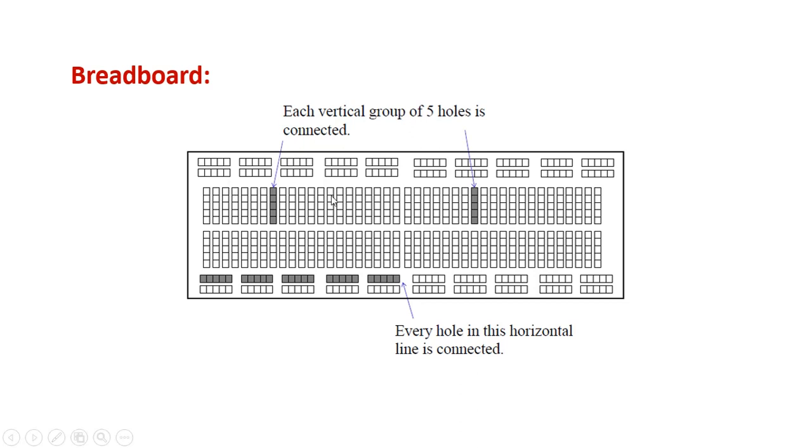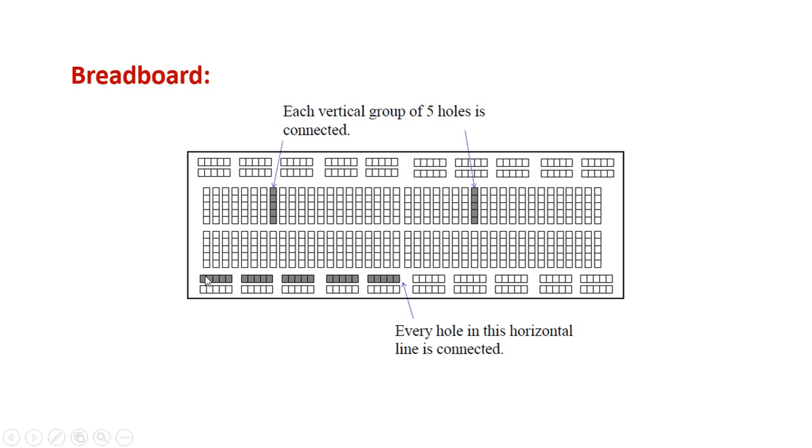This is the breadboard or prototype board on which you will be placing your IC and verifying its truth table. These are the horizontal holes. Each group is of 5 holes. All these are shorted horizontally. Now this section, these are shorted vertically. These 1, 2, 3, 4, 5 till here are also shorted together. Then there is a gap. Then these 5 are shorted together.